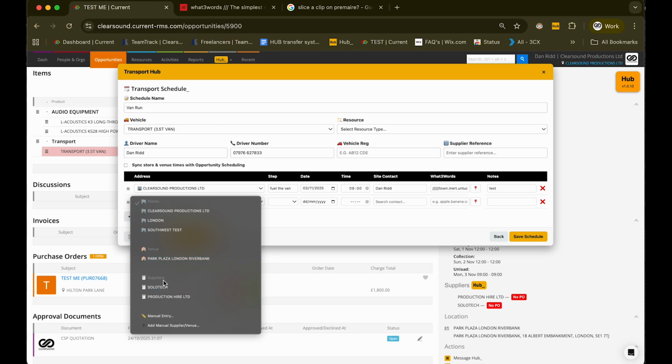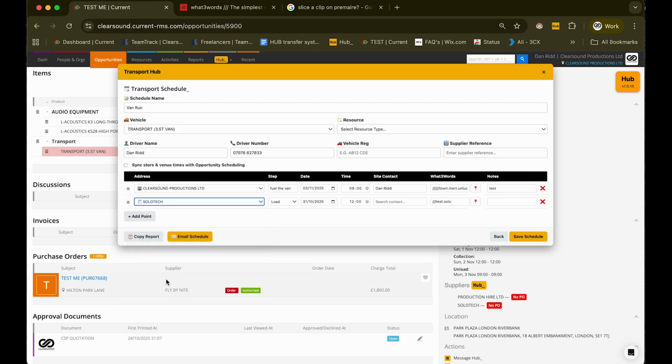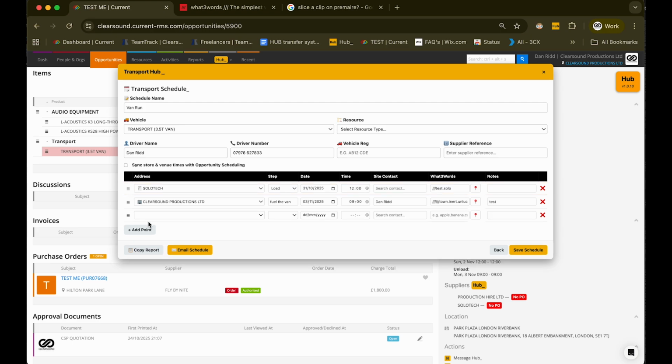We've got the suppliers to the job. So we've got Solotech and Production Hire, or we can add a manual text item there, or we can search for a manual supplier or venue on our database. So for now, we're going to put Solotech in there. It's going to default to the start times of the opportunity. I'm going to want to go there first, so I can drag and drop that in. There we go. So let it sync up, and then we're also going to add in Production Hire